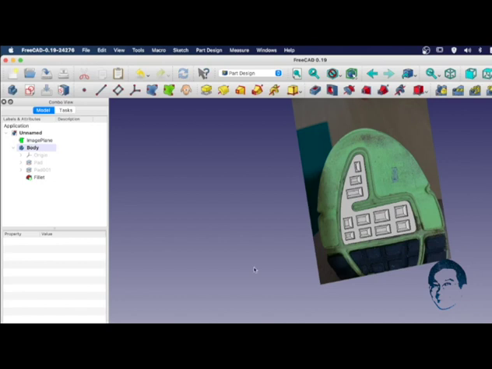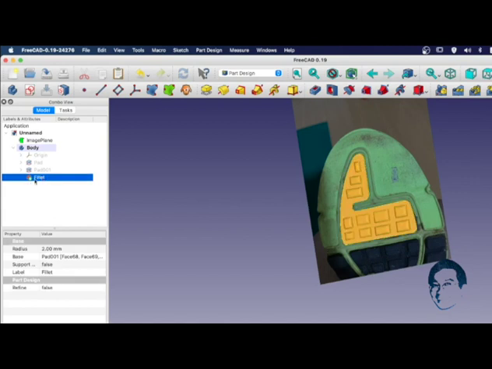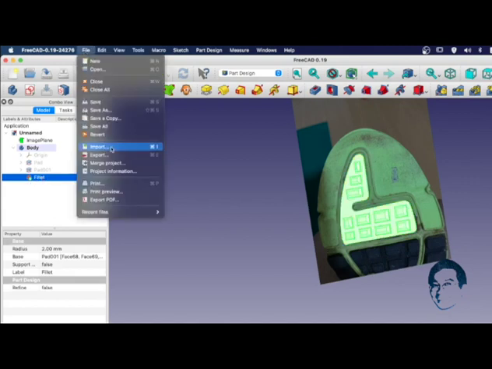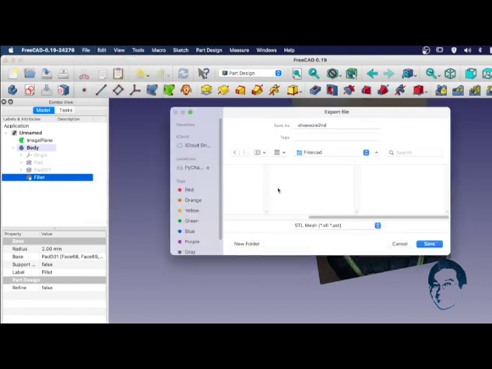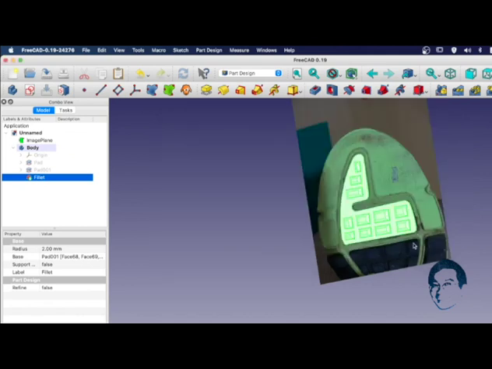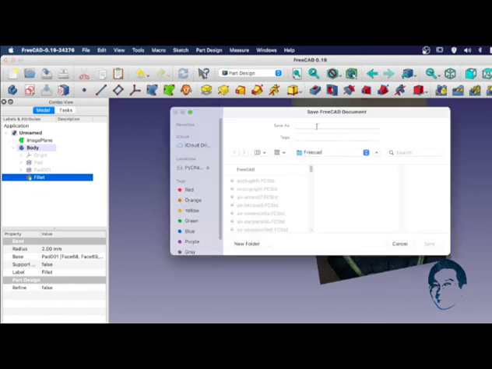So I've redone one of the outsoles, and when you're done, basically you just take this and export to the 3D printable, not printable, sliceable format, which is STL, right? So here you can see that it's an STL export. So I will take this as the first sole. Alright, and I also want to save this model as shoe sole first, right?